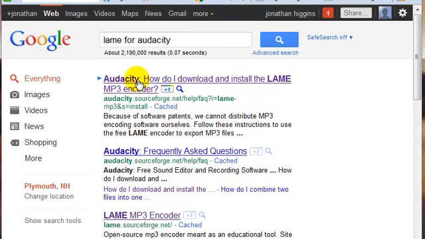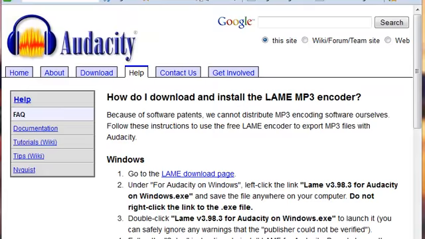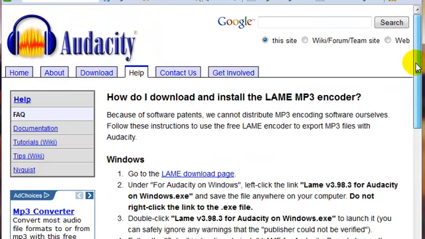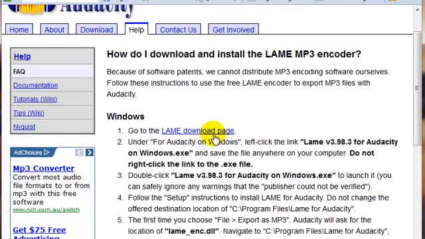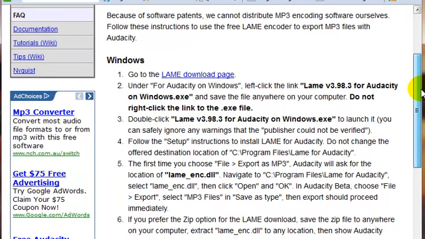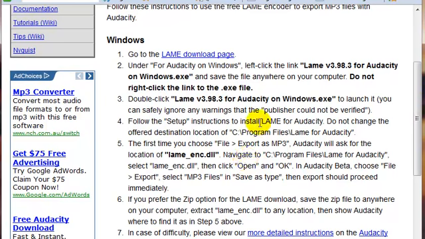How do I download and install the lame MP3 encoder? So you just click here, and these will give you the directions for how to do that. You go to the lame download page, you download it, you run it, and then after you run it, it'll place this file right here into this location on your computer here. Okay, and then you'll need this file later. So download Audacity, install it, download this lame program and install it, run it, and then